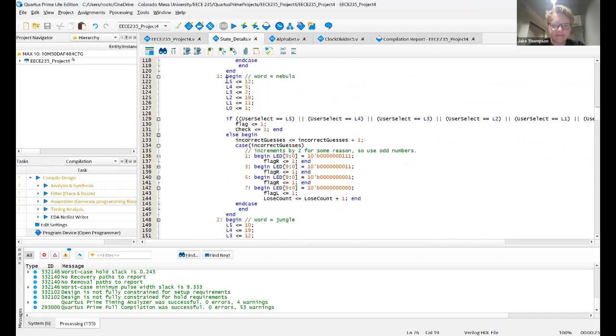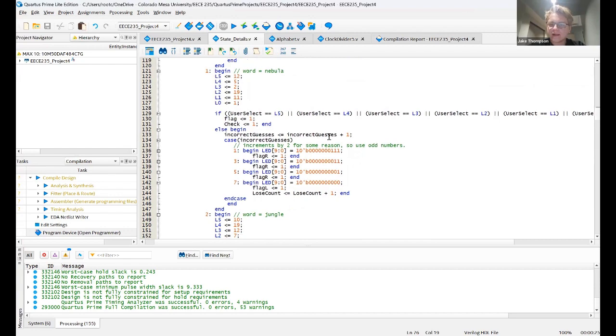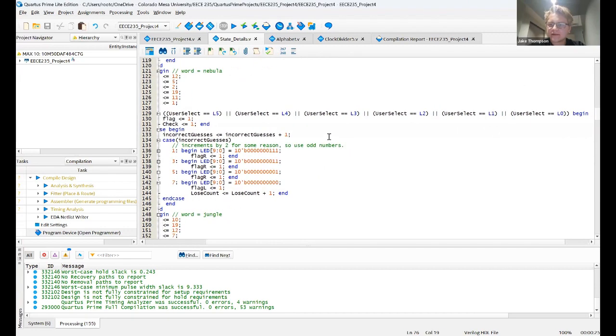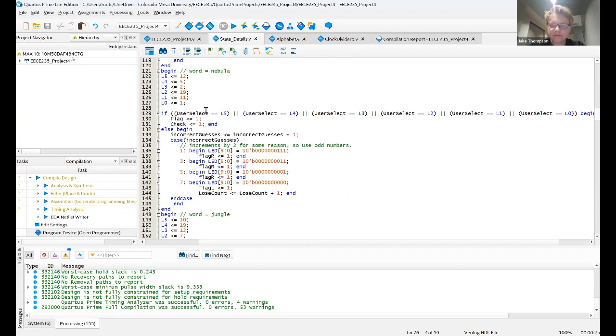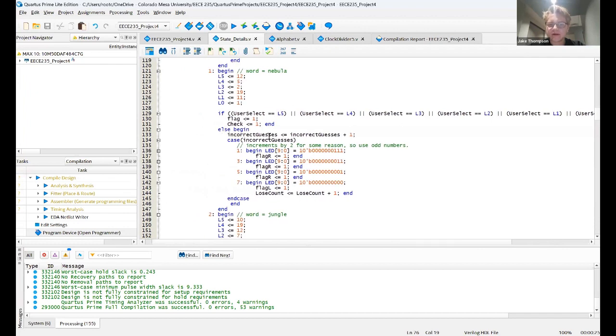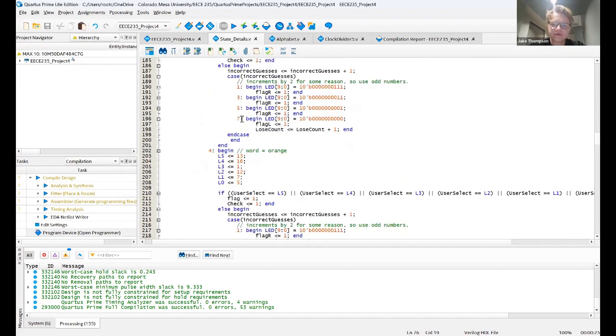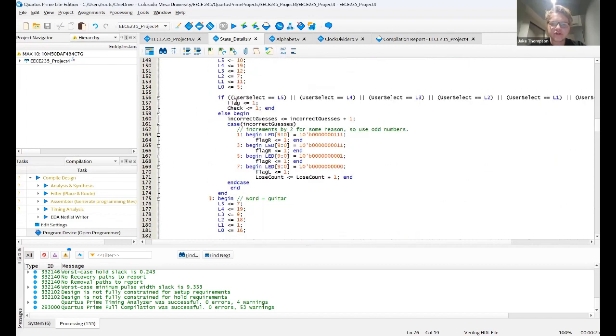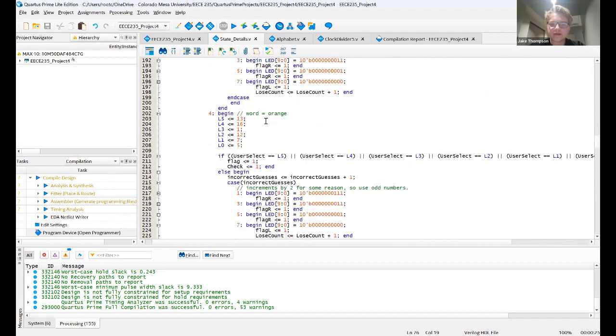Here we have nebula. And so I have a reg, and L is short for letter. And so I have a reg for 5 letters, and I hard code each letter in. And then I have a very large if statement that just basically says if the user selected letter matches any single letter in the word, then flag goes high, and also check equals 1. And so there's a couple things happening here. So flag being high means it transitions to the display state, and check equals 1 goes to a nested case statement right here